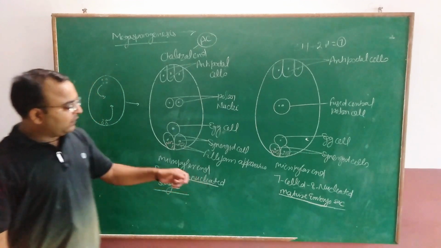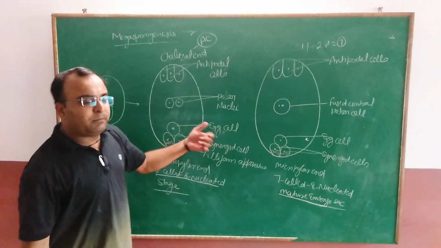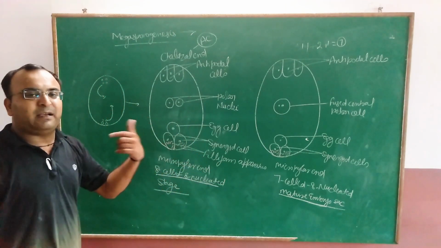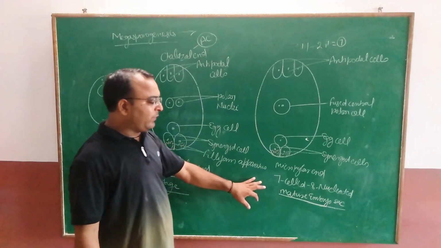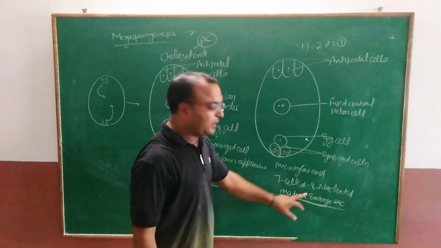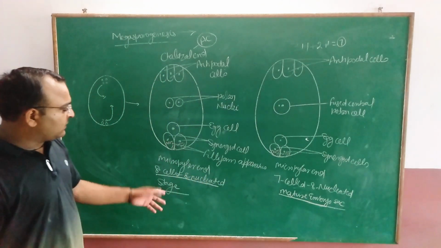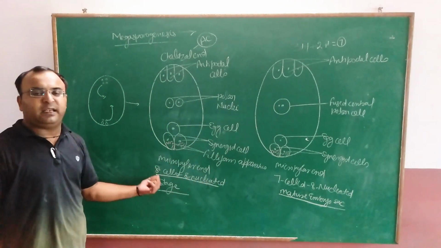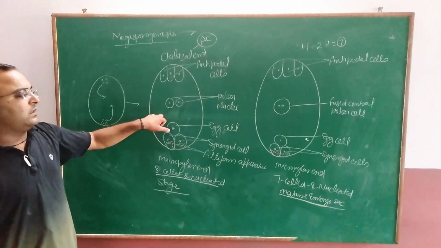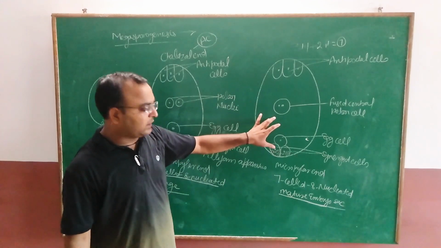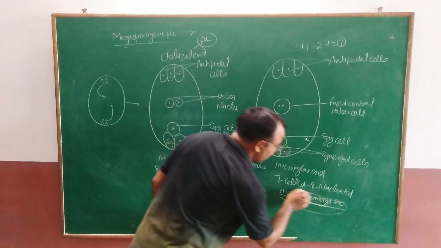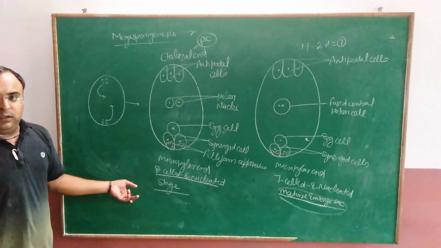Now dear student, before attempting the question answer, read the question carefully, what the examiner has asked. If he asks to draw the well labelled diagram of a mature embryo sac, you have to draw this diagram, the 7 cell, 8 nucleated stage. If he asks to draw the well labelled diagram of the 8 cell, 8 nucleated stage, you have to draw that diagram. Is it clear? So before attempting the answer, read the question carefully. So this is about the mature embryo sac.